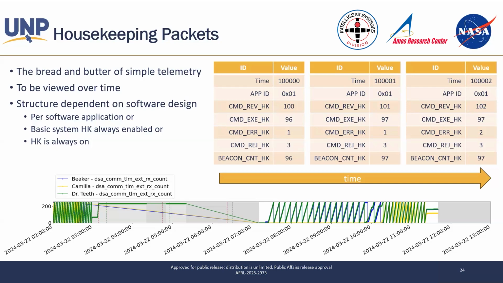And in this example, we receive 2 more requests to send out a beacon. And it sends it once, but then it actually errors once. And you can see that incrementing there. Down there below is an actual in-flight diagram of housekeeping counters for our spacecraft that we are running on orbit